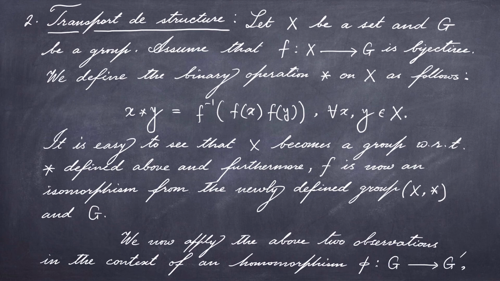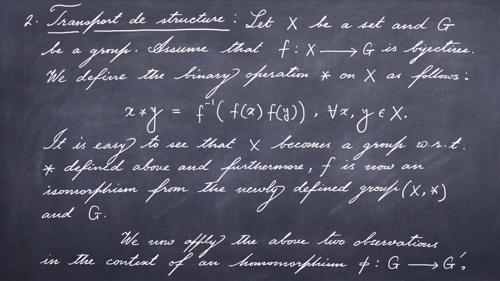Now it is a routine matter to check that with respect to the star, the set X becomes a group, and furthermore the map f becomes an isomorphism from the newly defined group (X, star) to G. So these two phenomena that we have observed earlier, we are going to apply them in